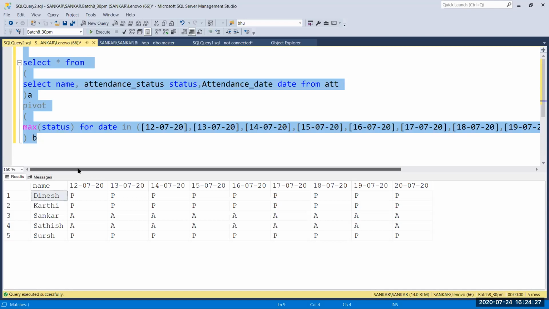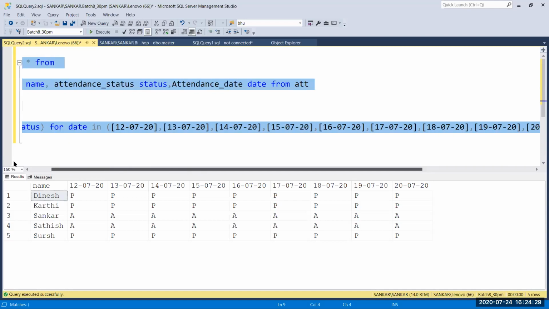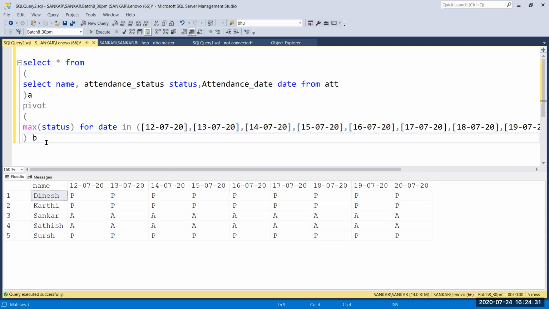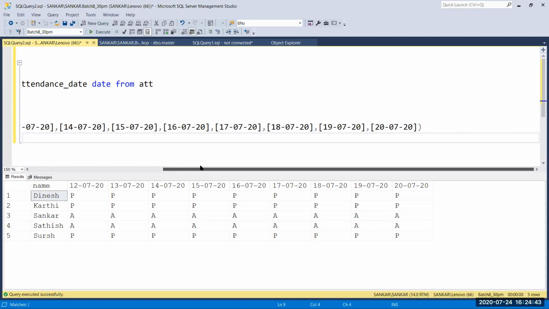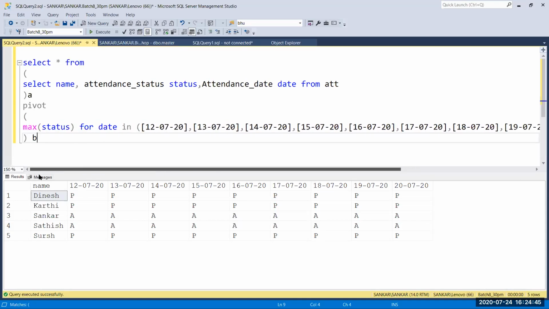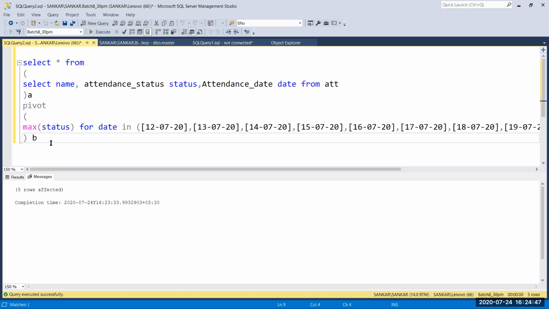If you convert the static query into a dynamic query, it is not necessary to make any arrangements in your query, because it is dynamically changed. Dynamic means it automatically fetches the column values and gives you the result. So let's see how to convert this static table into a dynamic table.